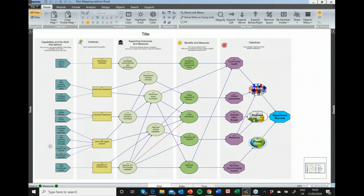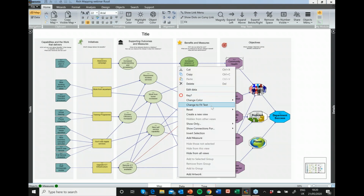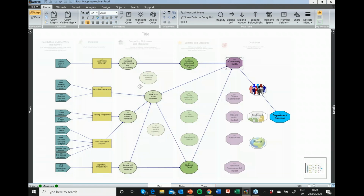In this case, it's COVID-19 related, but in particular to think about what are the outcomes and what are the benefits. How do I link what I'm going to do, what I'm going to deliver with the benefits and the objectives that the guys at the top who are going to sign off my business case care about? So how might the map help you? Well, the Wovex map has some really nice features that allow you to look at how well connected and what sort of contribution you're getting from your change over here with